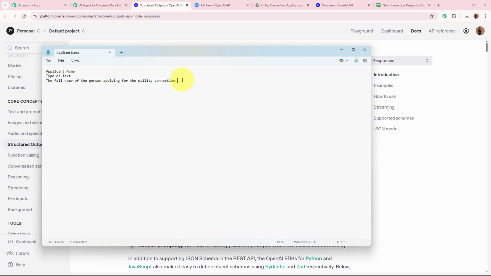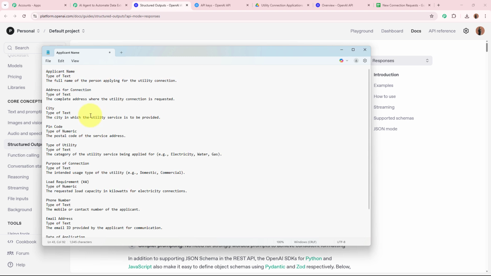Okay. So in this manner, I'm going to enter all the things that I want with what type it is and a little description about it. So you can see right away I've entered all the things: address of connection, type of text, the complete address; city, type of text, the city; pin code, type of numeric as it is a number, the postal code; utility,